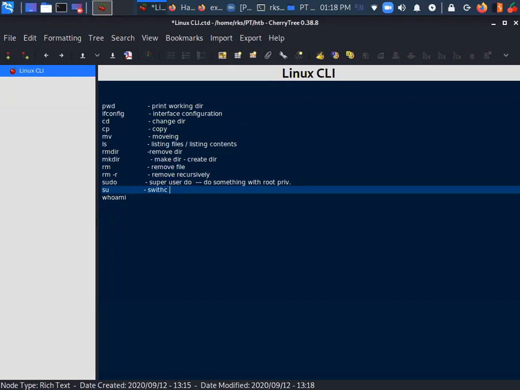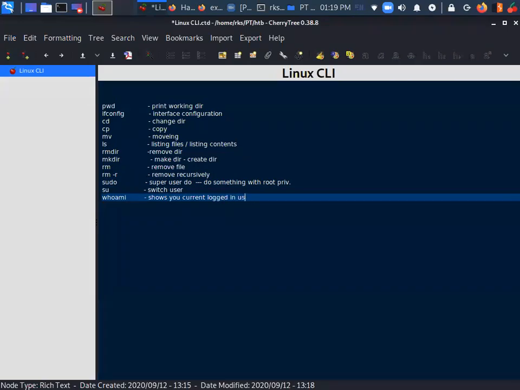This is su, switch user. whoami shows you just the current logged in user. So these are very fundamental commands that you need to know, that you are going to come across on a daily basis, which are not going to be elaborated. Understood. I will read.